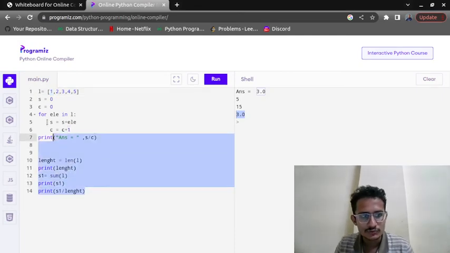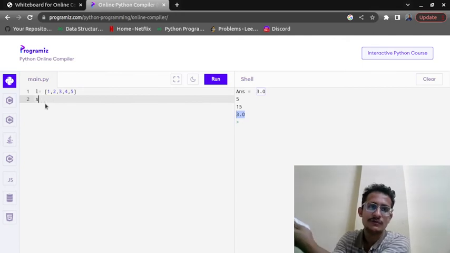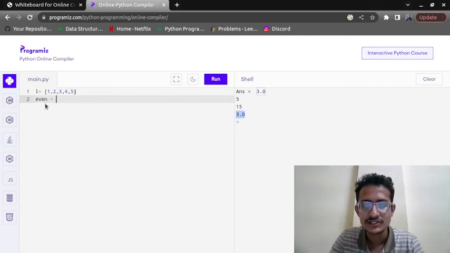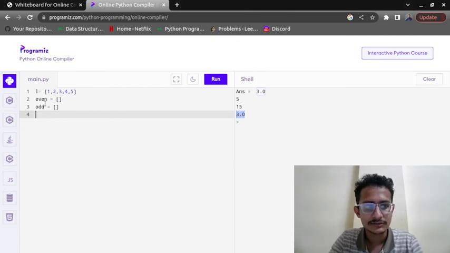Let us do the same for this. First of all, we will make the even and odd lists. Even is initially empty, odd is also initially empty. Then I need to write a for loop.